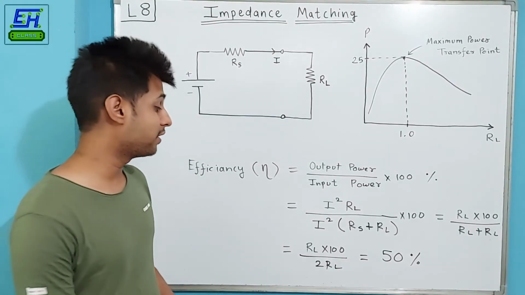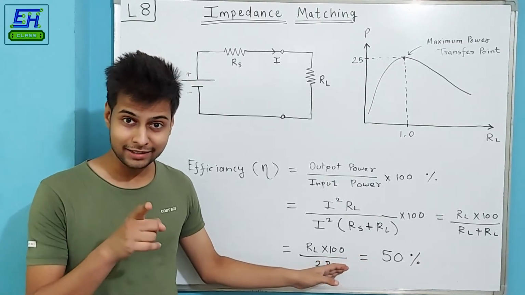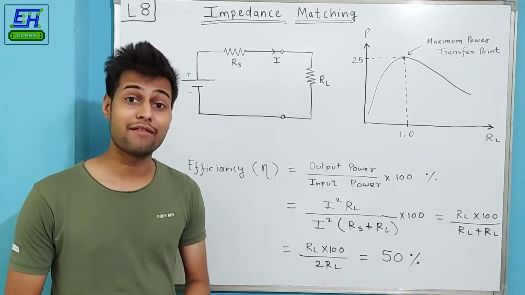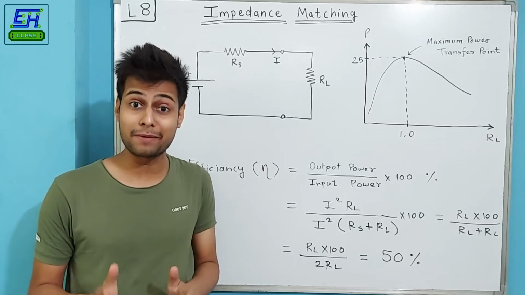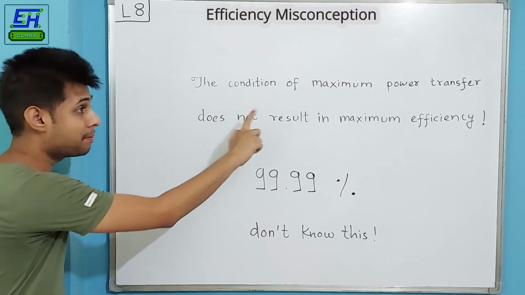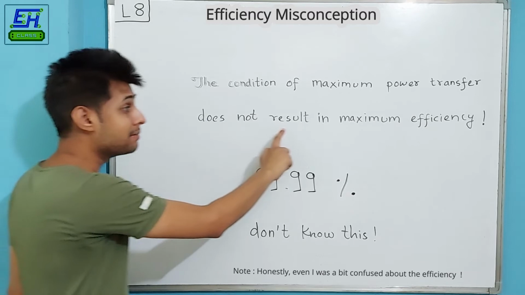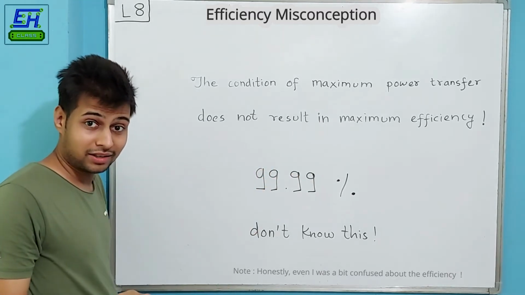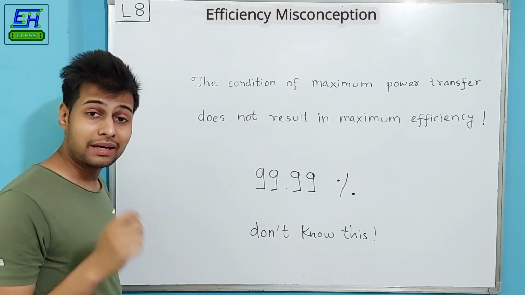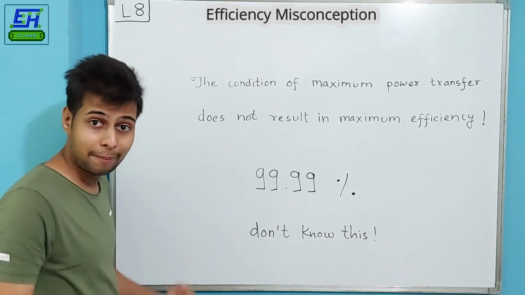So from this we can infer that the maximum efficiency of any electronic device cannot exceed 50%, right? Wrong. It is actually a wrong statement. We can have devices having efficiencies as high as 90 to 98%. Let's see how. Now please remember that the condition of maximum power transfer, which is stated by the maximum power transfer theorem, does not result in maximum efficiency, which is very important. Definitely we can achieve higher efficiencies than 50%, but then we have to compensate with the maximum power that is transferred. We have to work with lower powers.